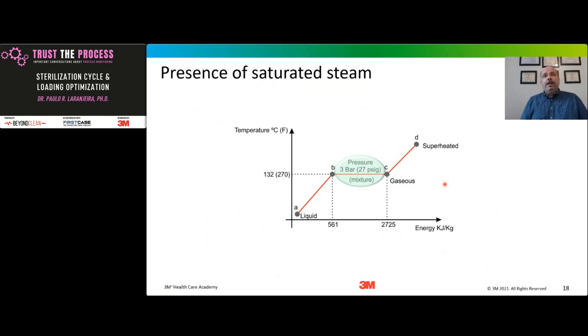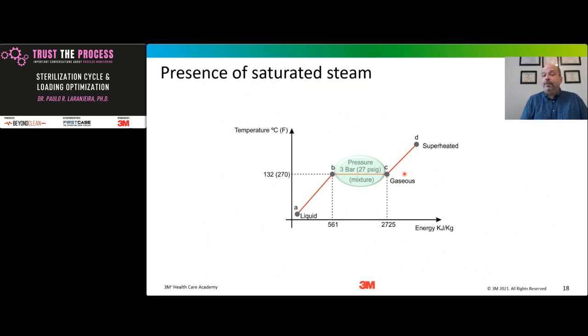I am just about to finish data collection related to superheated steam, and I should have that available by the end of the year. The evidence that we have is that superheated steam may be present in our current cycles. And if we have this condition, and you cannot see it because the equipment cannot measure it, superheated steam will not allow you to sterilize your load.